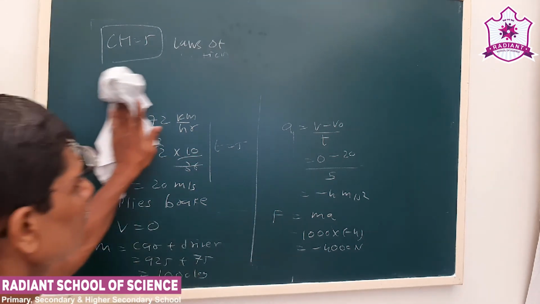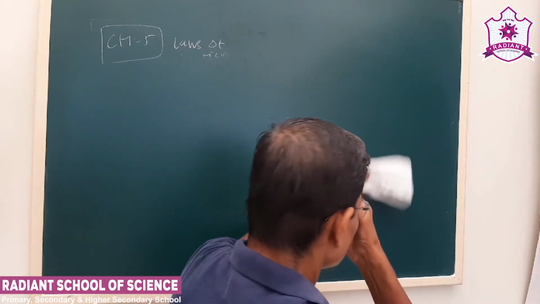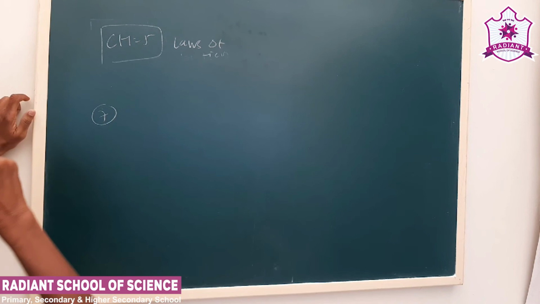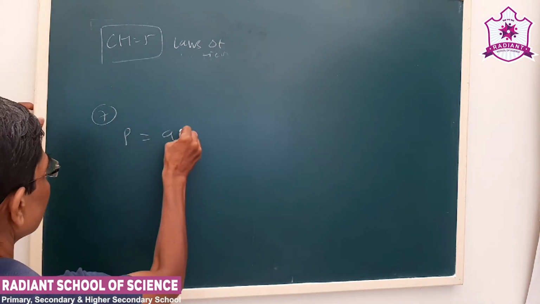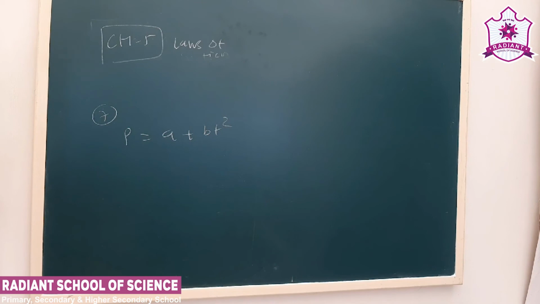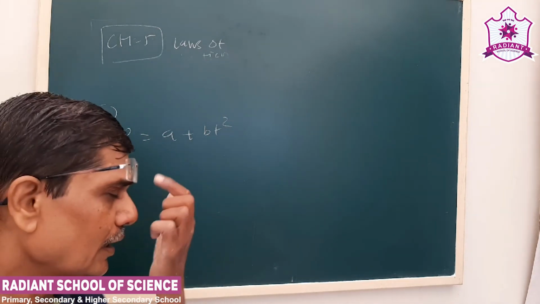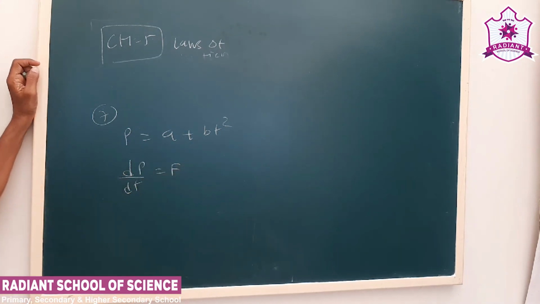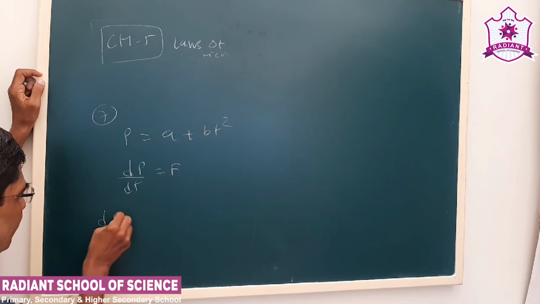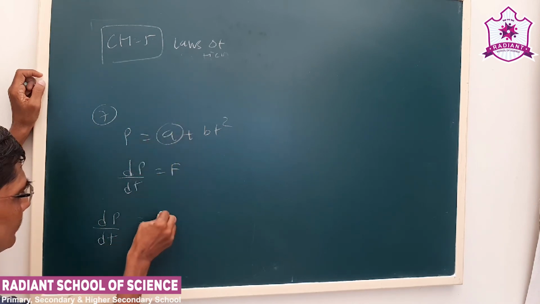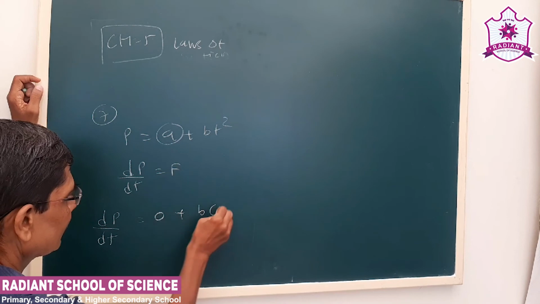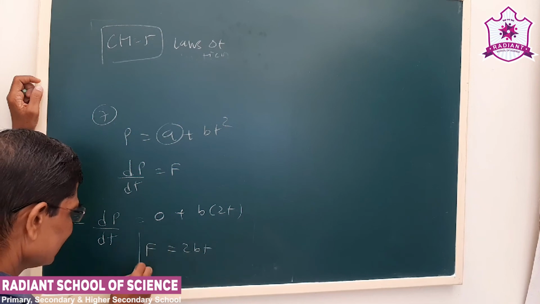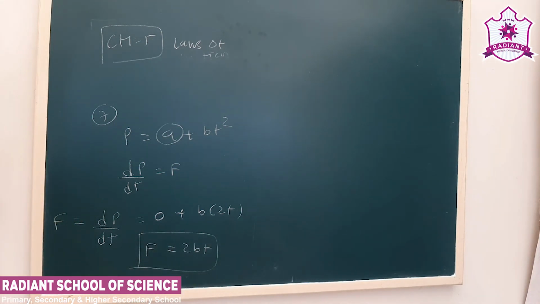Now, see, many times it is given in terms of an equation. Now let us say P is equal to A plus B t square. See what is the value of the force. Okay, now we know Newton's second law of motion, dP by dt is force. Okay, so we have to take the derivative. dP by dt, A is a constant term, B t square derivative is 2t, F is equal to dP by dt is 2bt. They may give some value also, so then also you can solve.